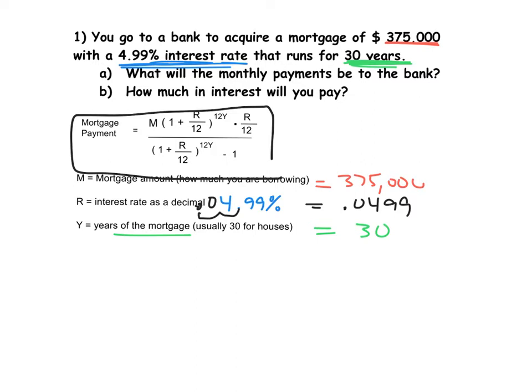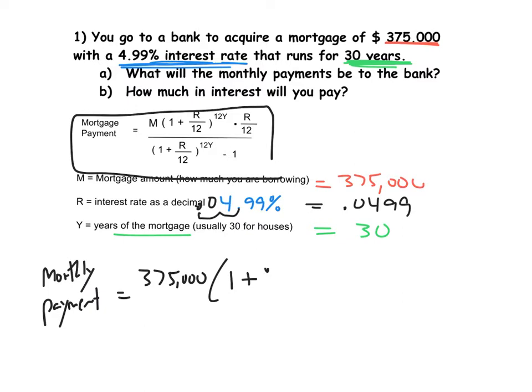So here the monthly payment is going to be equal to letter M, which is 375,000, parentheses, 1 plus R over 12, so 1 plus 0.0499 over 12, close parentheses, raised to the 12y power, so that's going to be 12 times 30th power, times another R over 12, so times another